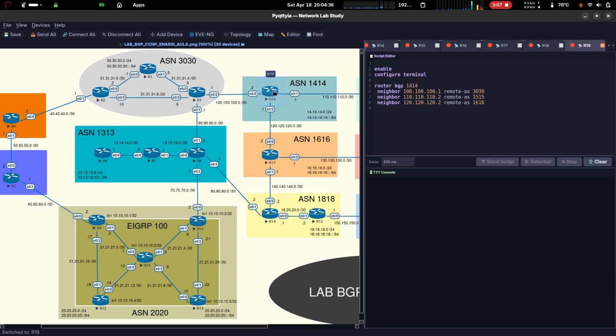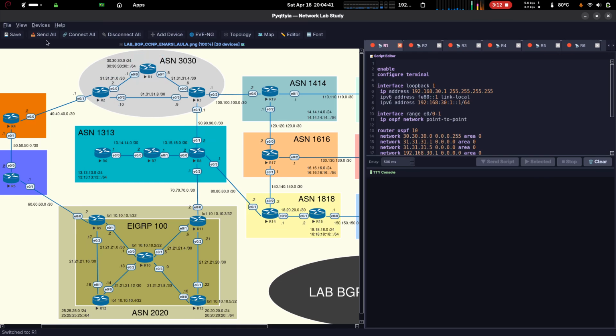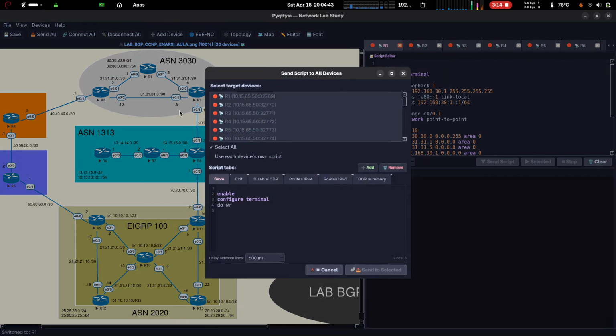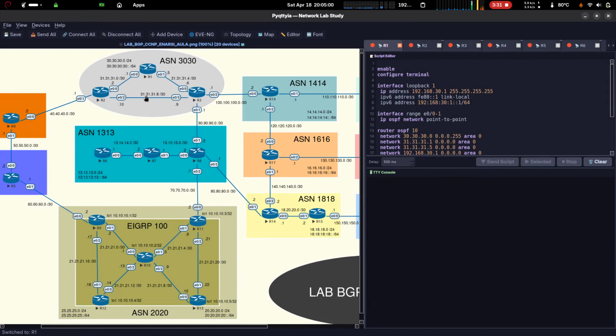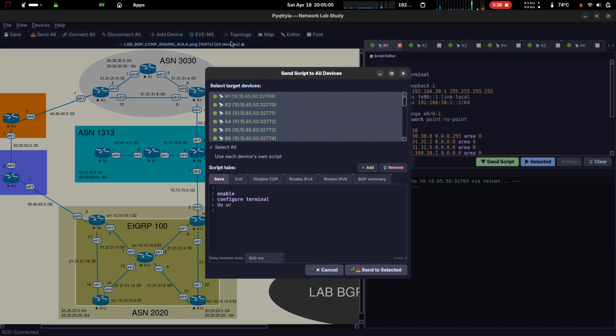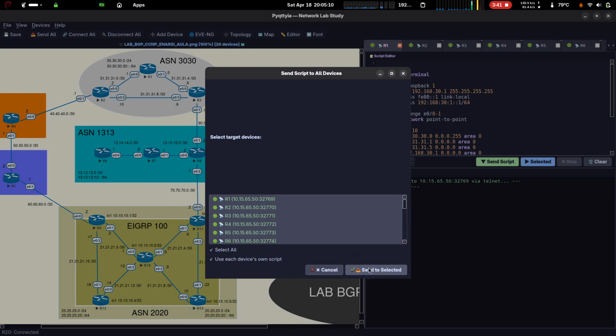So, alright? Now here on send all, since each one has its own script, I want to send. I created this new option here, where I send that script that's there, exclusive to each one, to each device. So each one will have its own script there, and that's what will be sent. Let me connect everyone first. Okay. Look there, they're all connected. On send all they're all selected, and I'll send each one's script to each one.